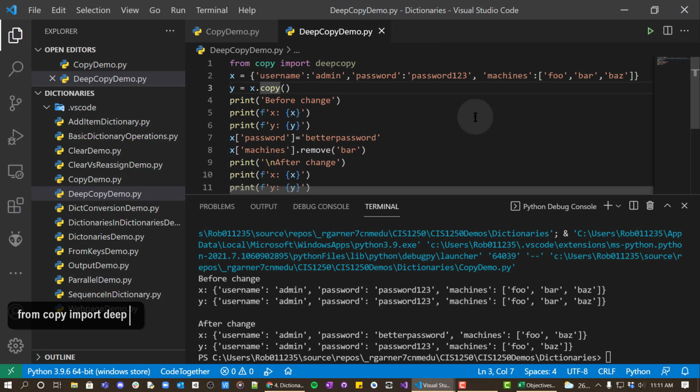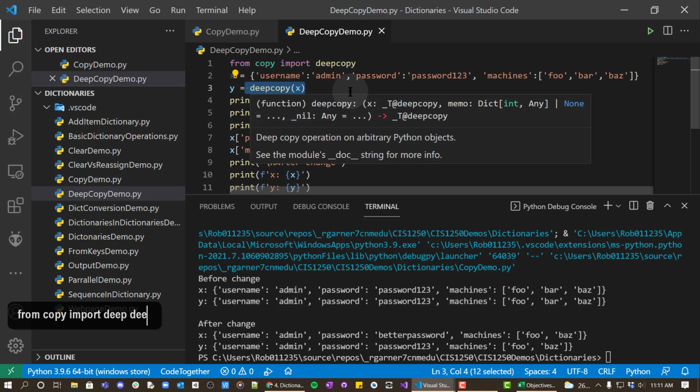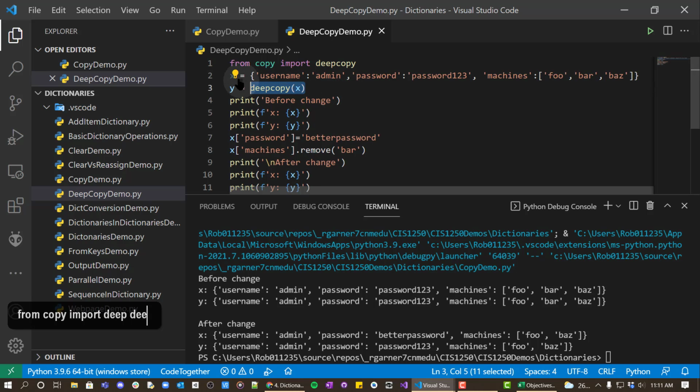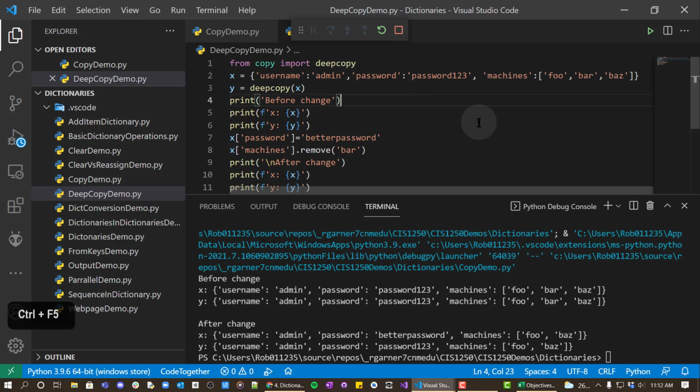And we're going to change this to deep copy of X. It's actually done this way. So it's not a method, it's actually a function which you pass the dictionary in. And what this will do is it'll iteratively go through all the elements and make sure that you have complete separate copies. So when I run this one now,